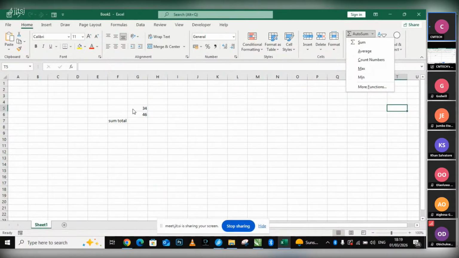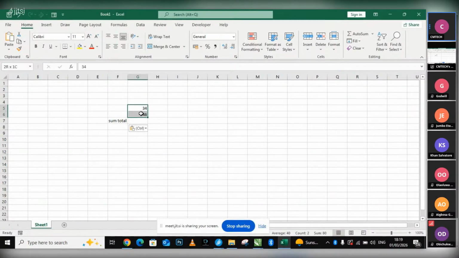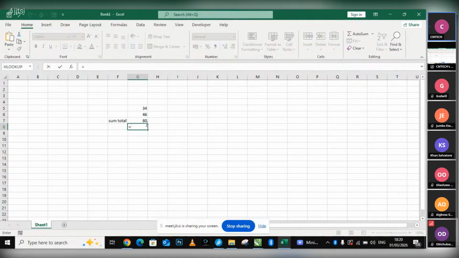Now for example, let me use this as an example. Now let's calculate the sum of what? These two numbers. The sum of these two numbers, I come here and I will just press sum. It will give me 80. Now when I add these two together, it's 80. Now I can as well also calculate for what? Average. Now when I click average,